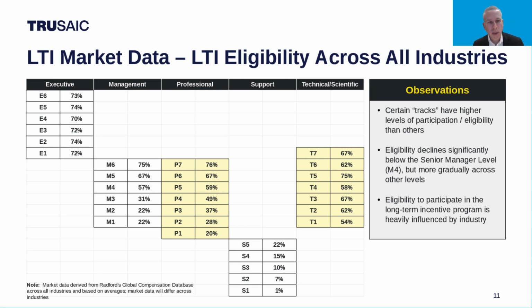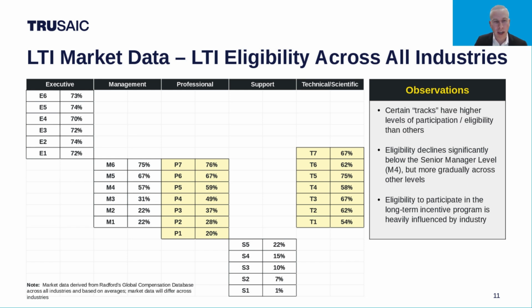every year. And then if you look at the top of the management team, or the top of the professional or top of the scientific tracks, you're seeing very broad participation and eligibility with respect to LTI. So 65% and greater tends to participate. But then as you cascade lower in the organization, it drops off pretty quickly in terms of what